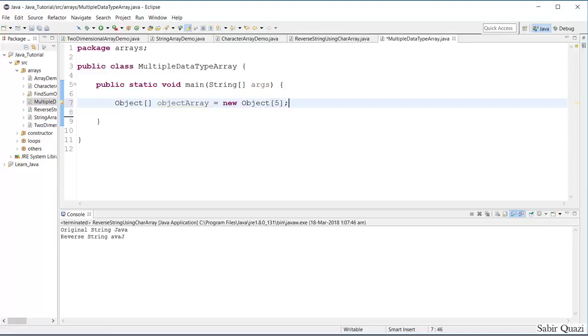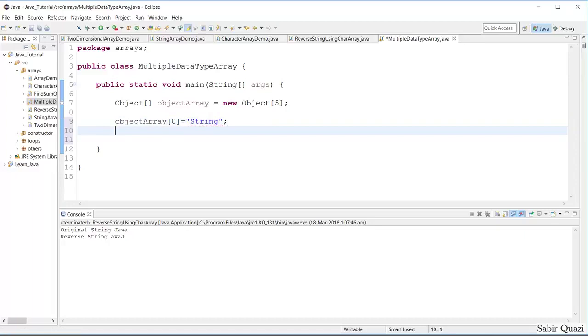Now by using our index methodology, we can add different types of values in it. For example, object array of 0 equal to, say, a string. Similarly, object array of 1 is equal to